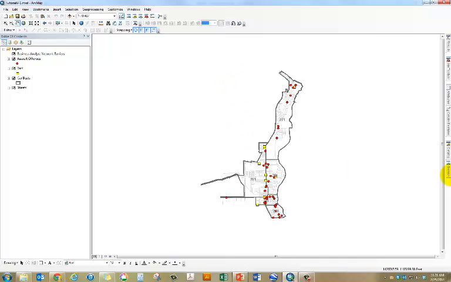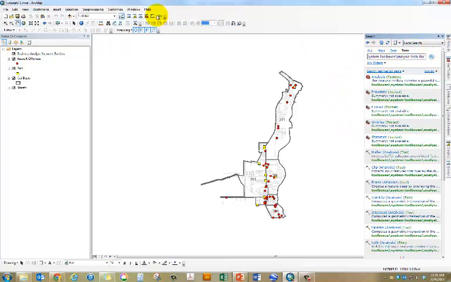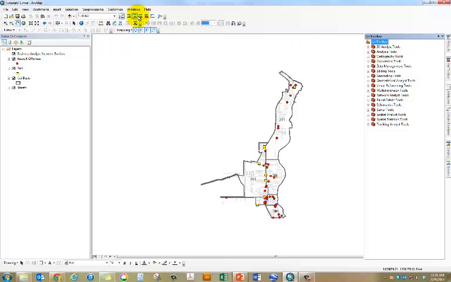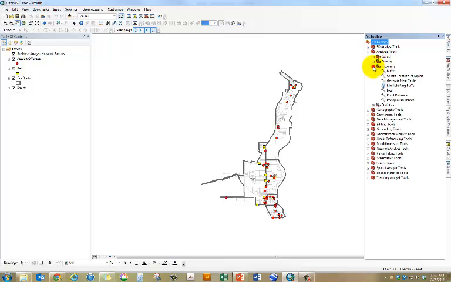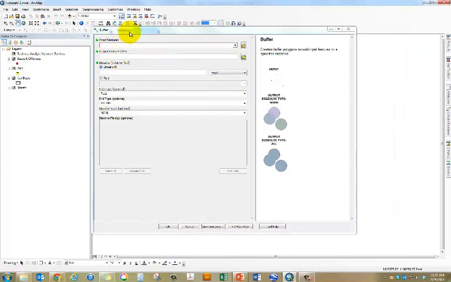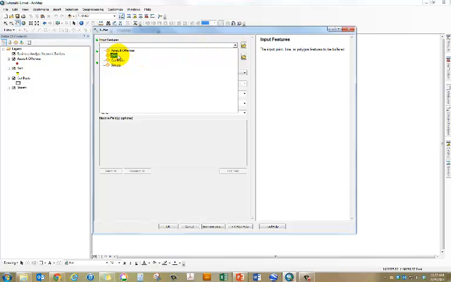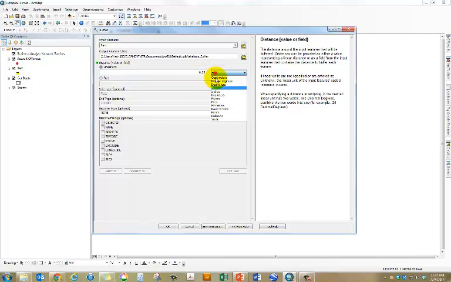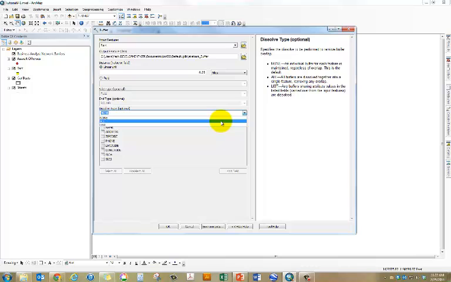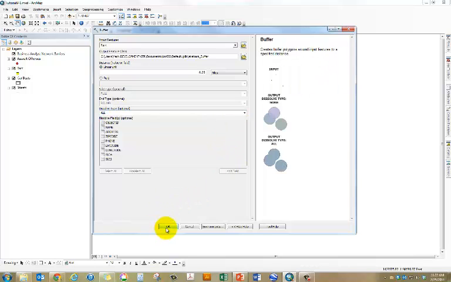So what we can do using GIS is create a simple analysis. Go to Windows and make sure you have the Control F search on. I'm going to click on our toolbox, which is right here, expand analysis, and then under the proximity analysis toolbar you'll find the buffer tool. Double click on that. Once you do that, it's going to give you this window where it asks for your input features, which would be our bars, and then we are creating a quarter mile radius from these bars. So for analysis, 0.25 miles, select the units as miles, and for the dissolve type you can dissolve all, because we don't really need individual polygons for this. Click on OK,